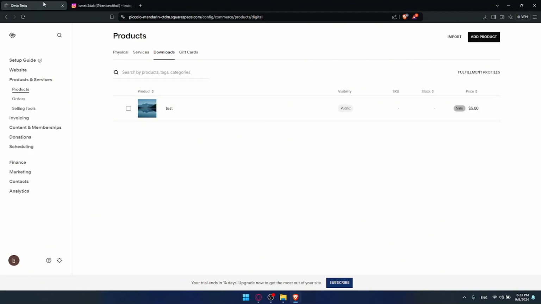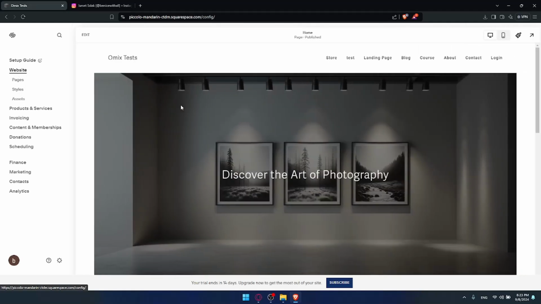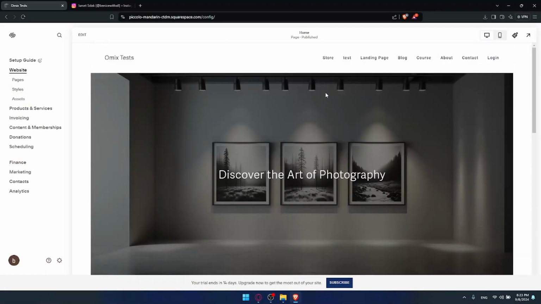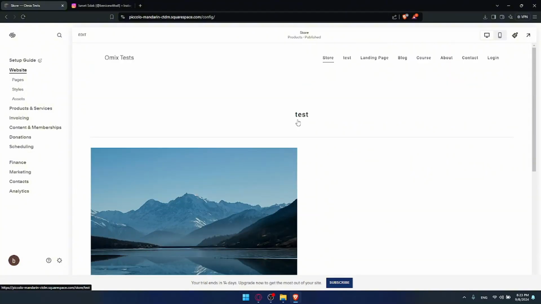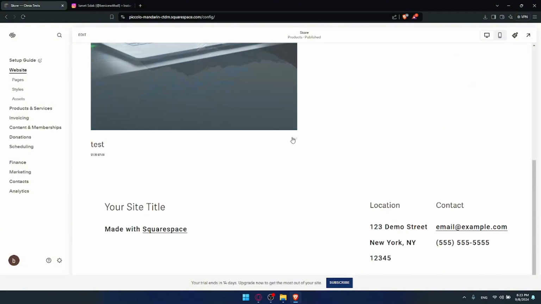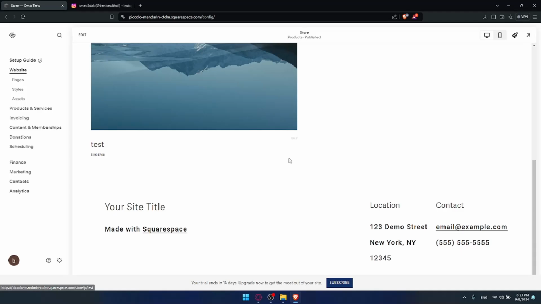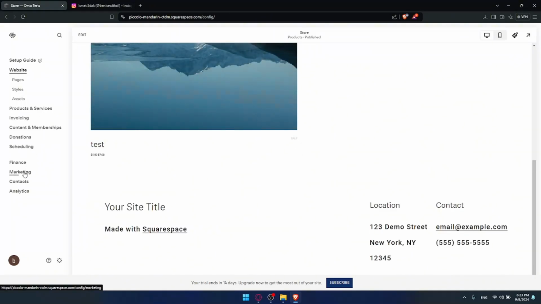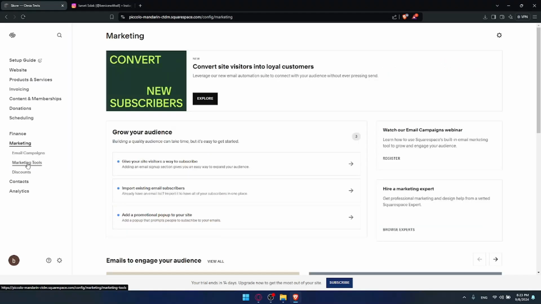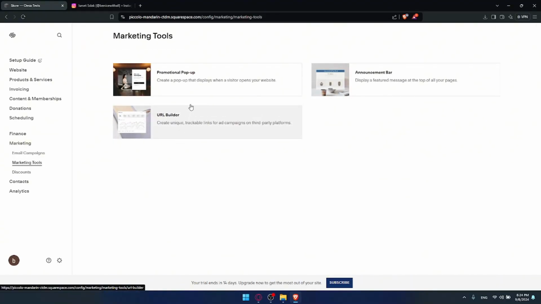Now, if you have a business account and if you added your products in here, it should be added of course to your Instagram shopping right away without any problems. And also your Instagram is linked now. You can hide this if you want to from your websites. Of course, if you have any other problem, you can always go here to marketing. You can go as an example to marketing tools, maybe